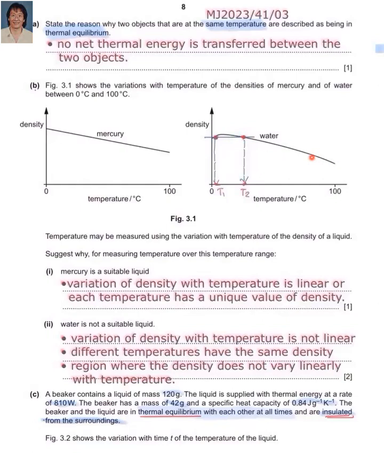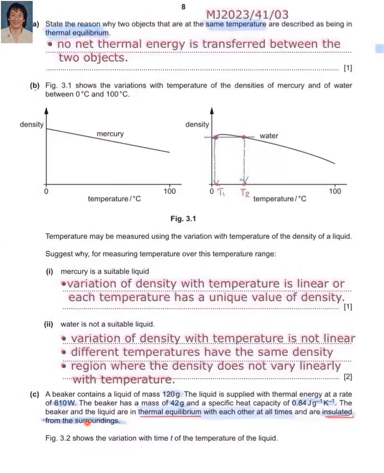Part C. A beaker contains a liquid of mass 120 grams. The liquid is supplied with thermal energy at the rate of 810 watts. The beaker has a mass of 42 grams and a specific heat capacity of 0.84 joule per gram per Kelvin. The beaker and the liquid are in thermal equilibrium with each other at all times and are insulated from the surrounding. From the passage, we know that